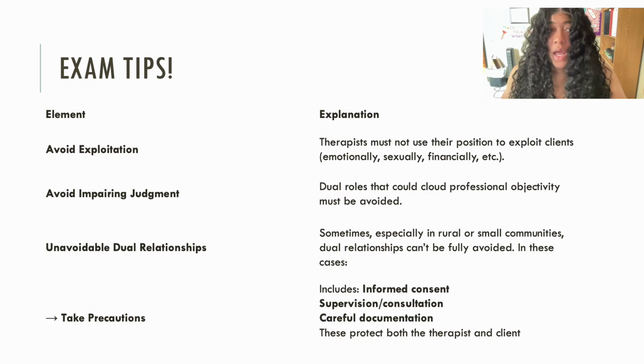Again, here we are. Avoid exploitation. Therapists must not use their position to exploit clients, emotionally, sexually, or financially. Avoid impairing judgment. Dual roles that can lead to loss of professional objectivity should be avoided at all times. And again, this is just a repeat, so I want it to click. All dual relationships are not avoidable. Some of them are going to happen, right? But when that happens, informed consent, supervision, consultation, and careful documentation are going to protect both the client and the therapist,